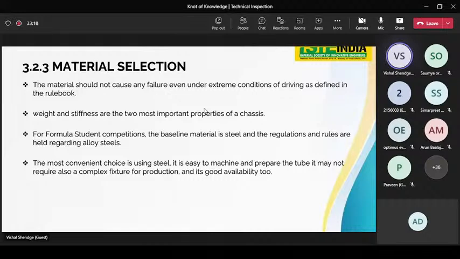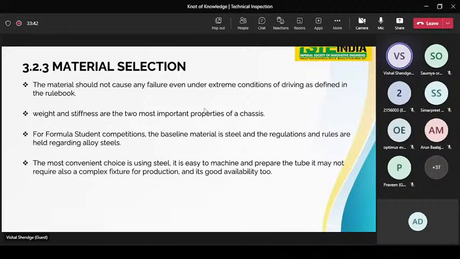For the Formula Student competition, the baseline material is steel, and the regulations and rules are held regarding alloy steels. The most convenient choice is using steel. It is easy to machine and prepare the tube. It may not require a complex fixture for production, and its good ability to